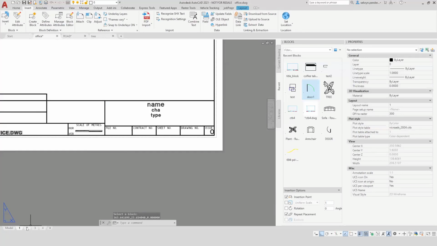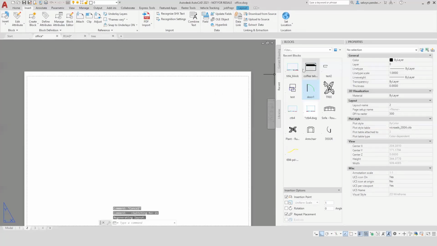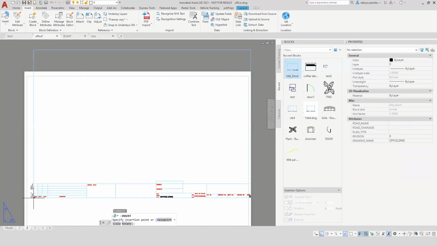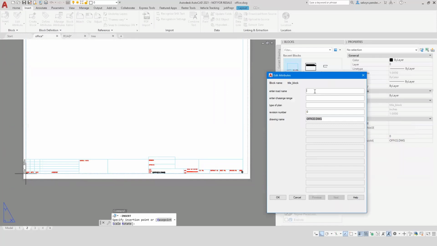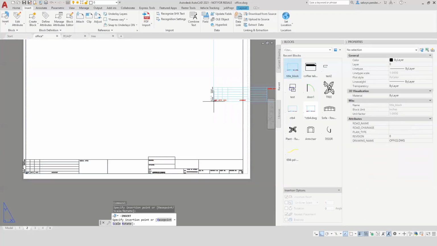What I'm going to do is go over to this next tab. I'm going to insert the title block. I'll just put it down here. And it's asking us for the entries. If you don't want the entries to display,